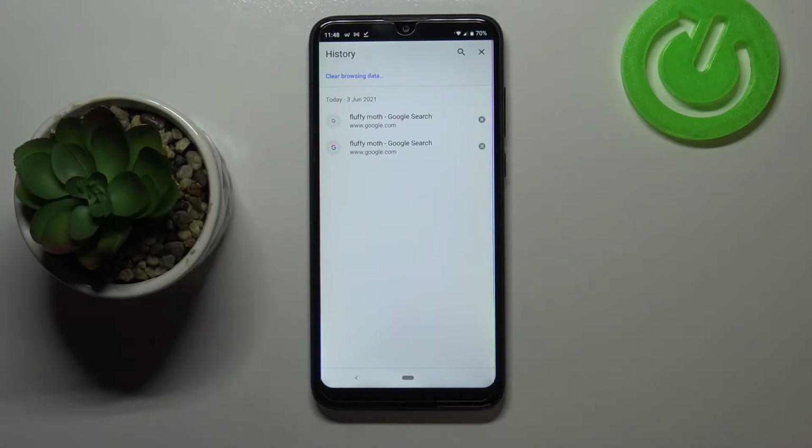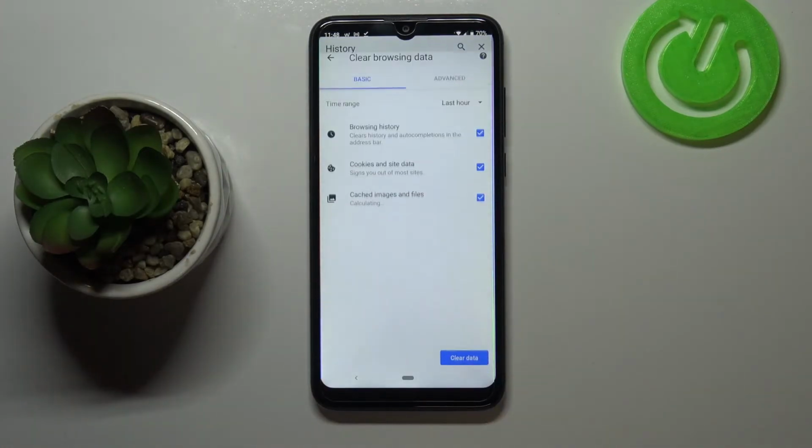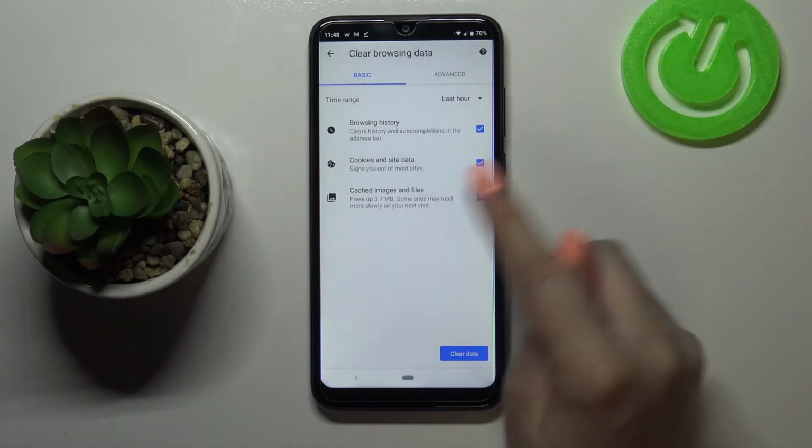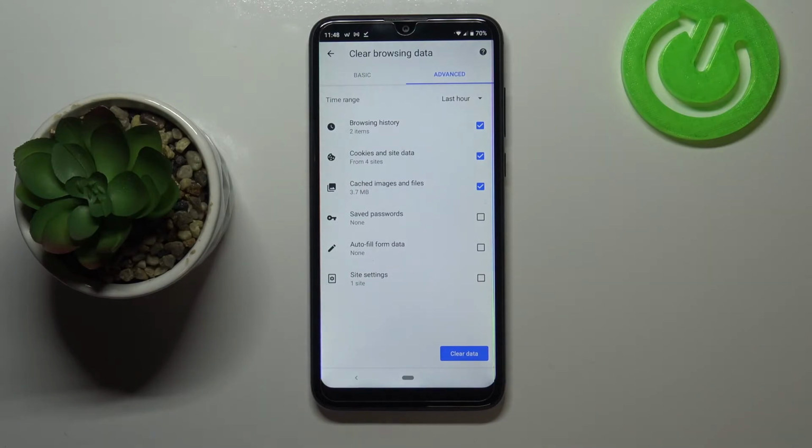with only one click. So just open clear browsing data right here, and here we've got some basic and advanced options. In basics we've got browsing history, cookies, site data, and cached images and files. So browsing history is just the list we just saw,